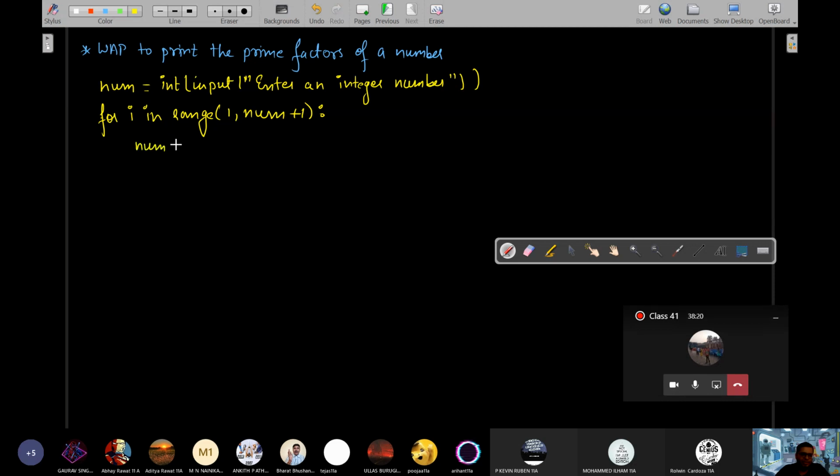So we'll write if num mod I is equal to 0. Now see, if I divides num completely, then that I is definitely a factor. That I will be a factor for sure.